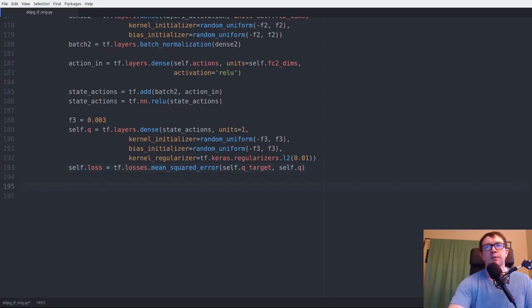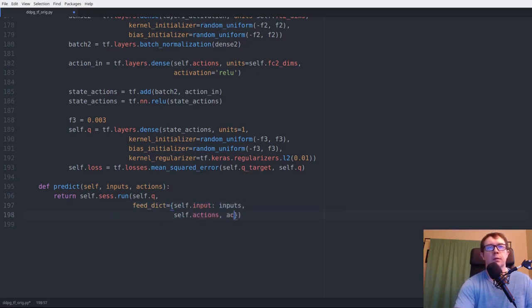Okay, so now similar to our critic, we have a prediction function. It takes inputs and actions, and you want to return self.sess.run, self.q with a feed dictionary of self.input, inputs, and actions. Next, you need a training function,